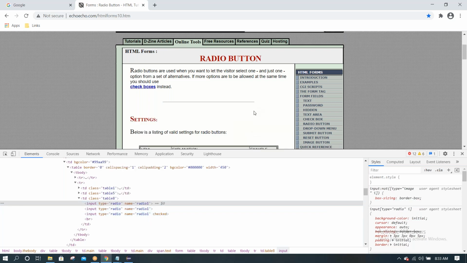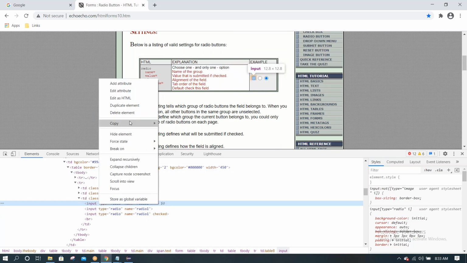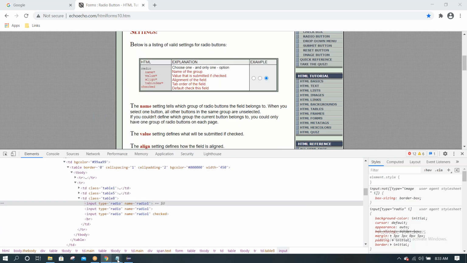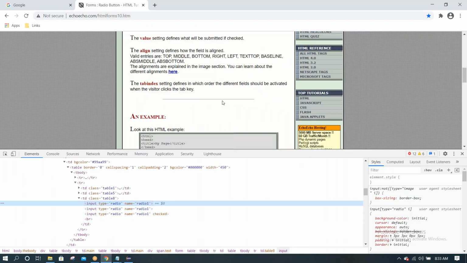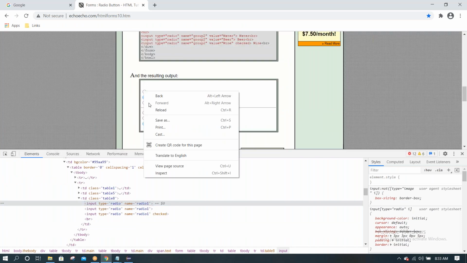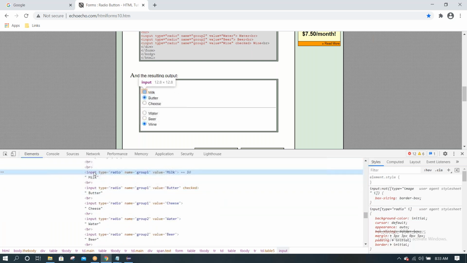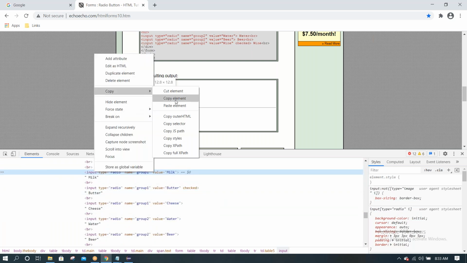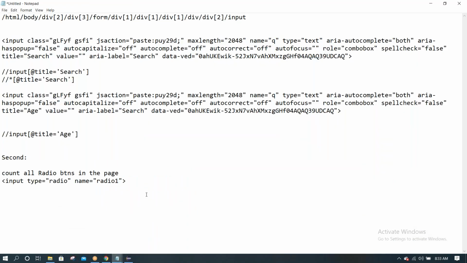For all these three radio buttons, same properties. I'm copying this element. I'm inspecting these elements. For understanding purposes, I'm copying these locators.